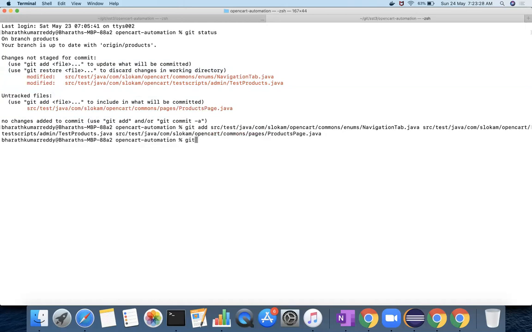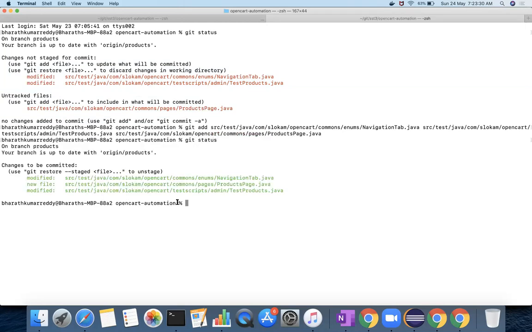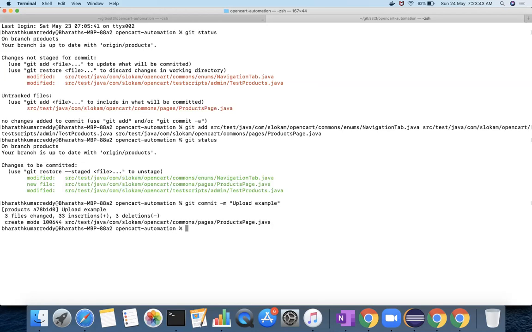So git add, and then git status will give us the three files that have been modified, and then git commit upload example. Okay, so now it is committed, and then git pull, so it will pull any check-ins that have been made.